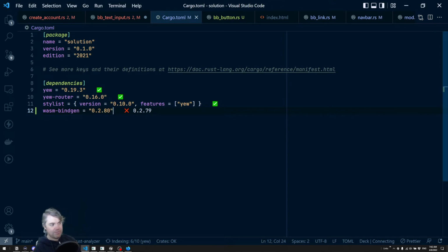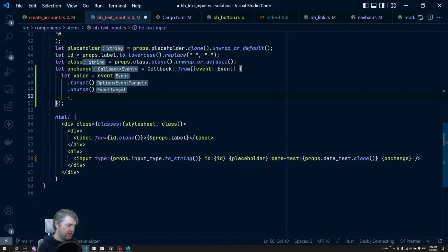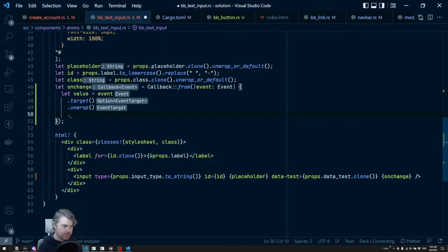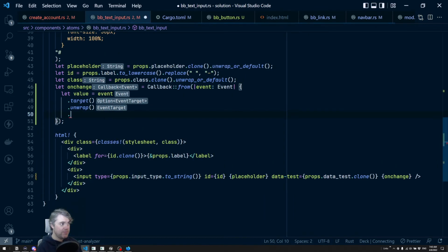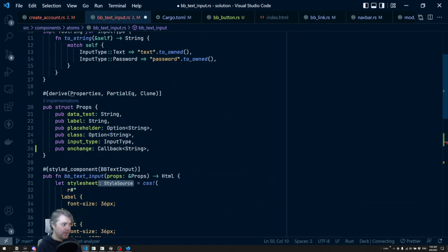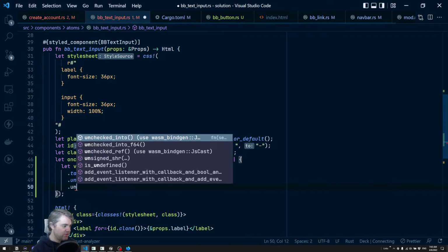So I guess my extension here is not understanding the latest, or something else is going on. However, this says it's happy. We have errors here now though. And also our create account is upset because we're requiring this on-change callback and we're not passing that in yet. We'll deal with that later. Okay, so we're gonna do an unchecked into,